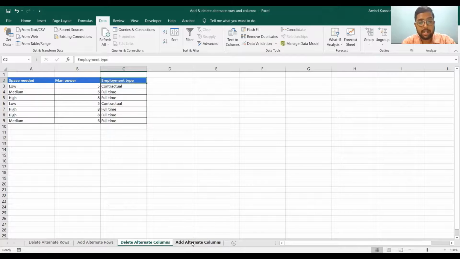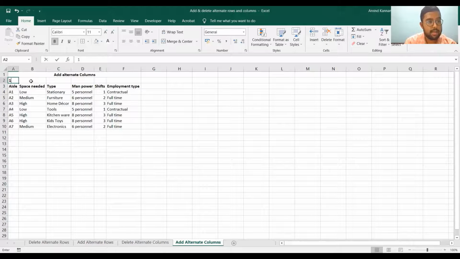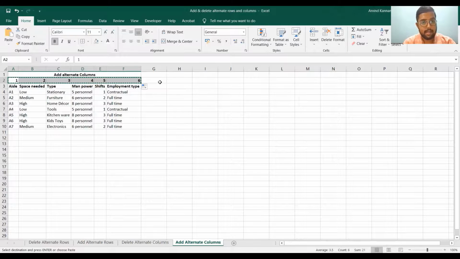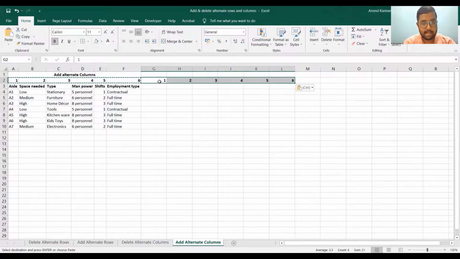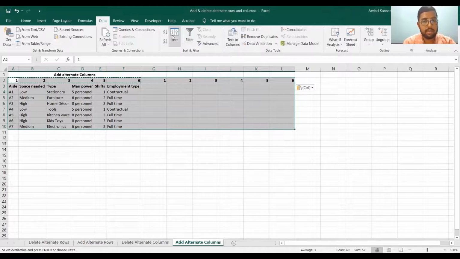Now let's go ahead and see how we can add alternate columns, right? All right, so that's very simple. All I need to do is come here, press 1, and then come to this cell, press 2, select these together and drag it towards the right. Copy this, come here, paste it again, and then select this entire region, right? And then go to data, sort,